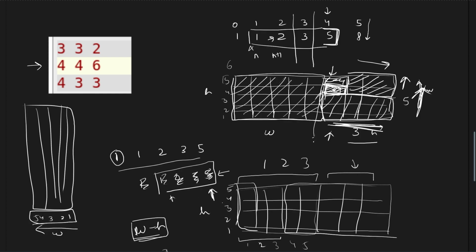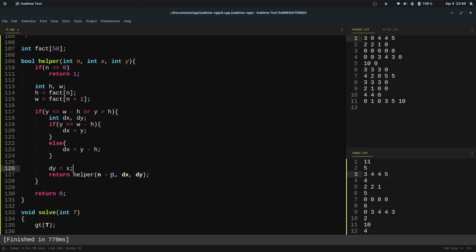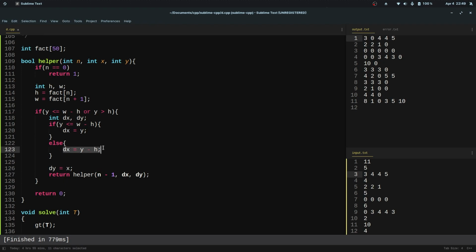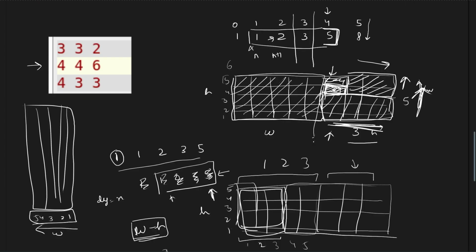So I didn't change the x-axis. I just renamed dy as x, because this height is going to become width. But that is not the case with this particular y index. I have to take care of this. If it is in the first half, like this, if it is in the first 3 columns, then we don't have to make any transformations. But if it is in the second half, right? So if the cell is in the second half,